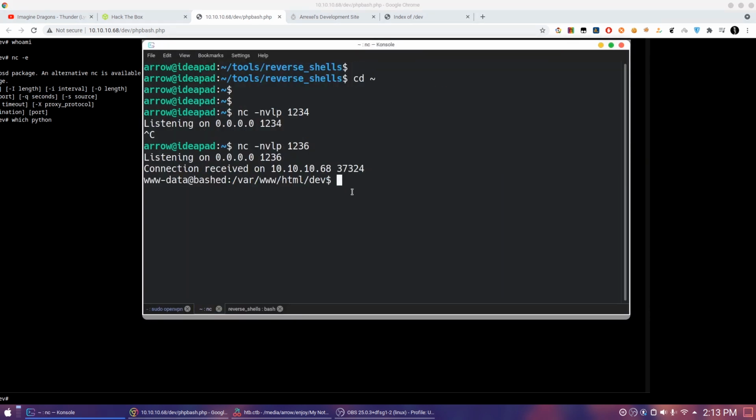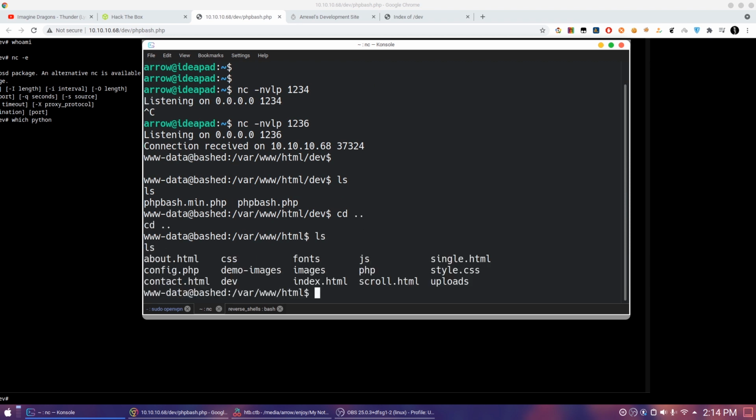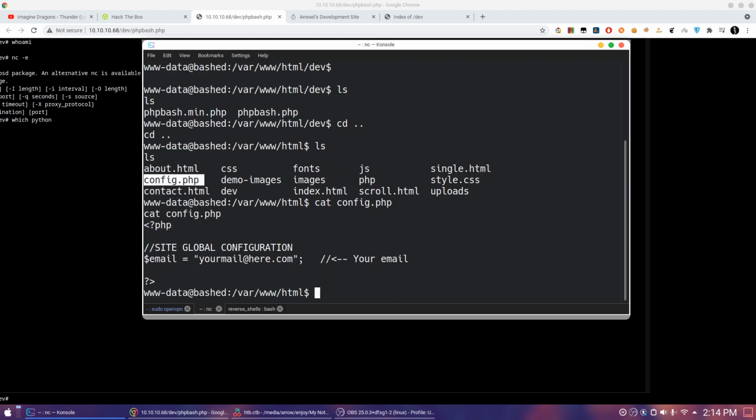Now you will get the shell. Let's say ls to see if there are any other files. Let's go to the previous directory and say ls. One important file is config.php. Let's view the contents of this. There is only one variable, email, so it's not very much information.